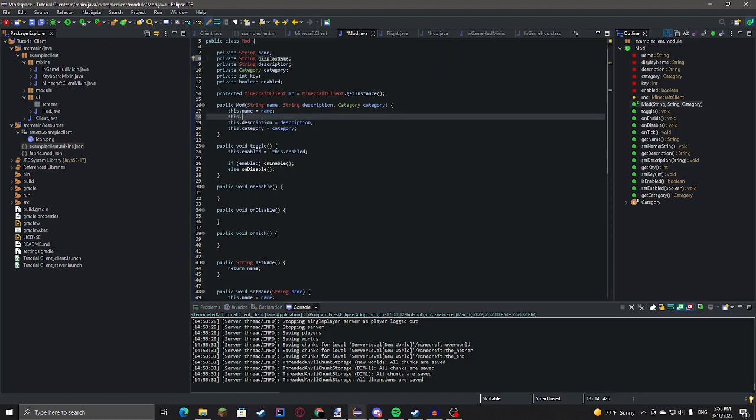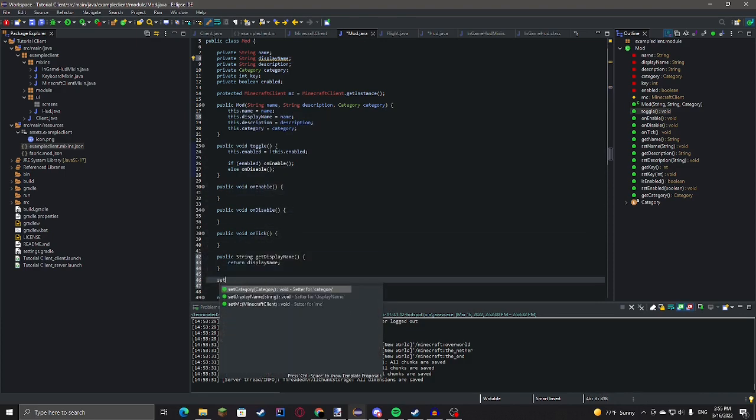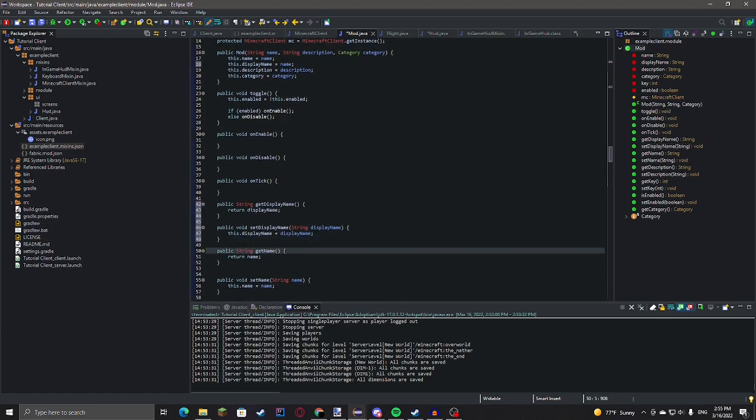And we'll do this dot display name equals name, and then get display name and set display name. Just use control space for that.